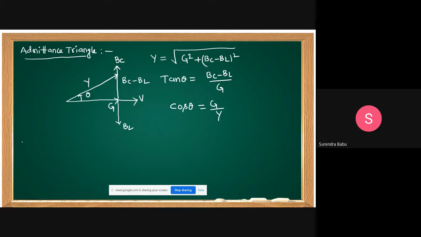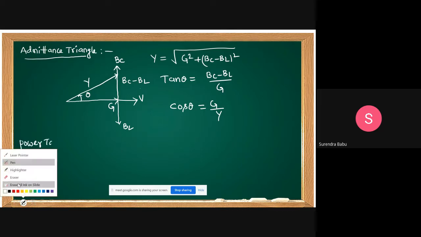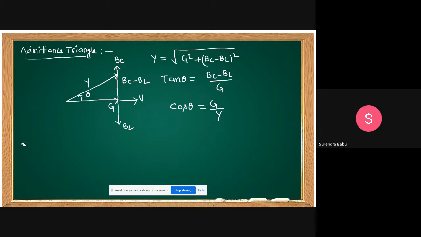Next, the last one, which triangle? Power triangle. How to get the power triangle? Each branch is multiplied by V square, because voltage is the reference here. All these triangles are with the assumption of IC greater than IL. The same triangle you can draw, the same vector representation. It's a vector diagram or triangle representation, students.